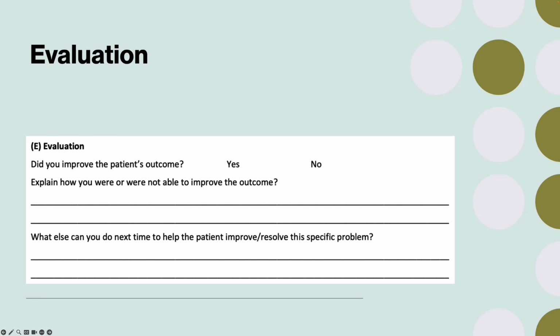And if you're unable to improve the outcome, why? What can you do next time to tweak the intervention? Maybe it was too hard of an intervention for that patient. Maybe it was just beyond their capacity for that day. One thing I know as a nurse is that each intervention will have a different response, which makes sense, right? Because we're all different.